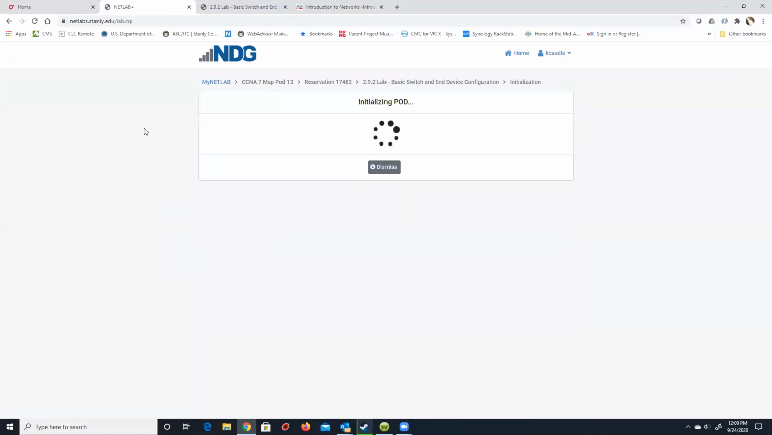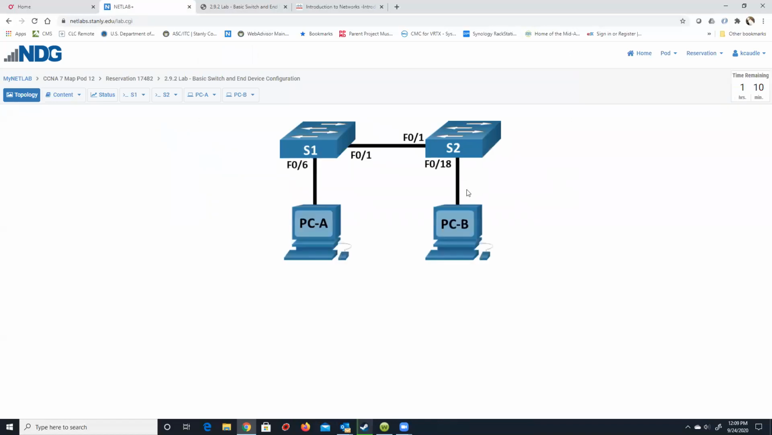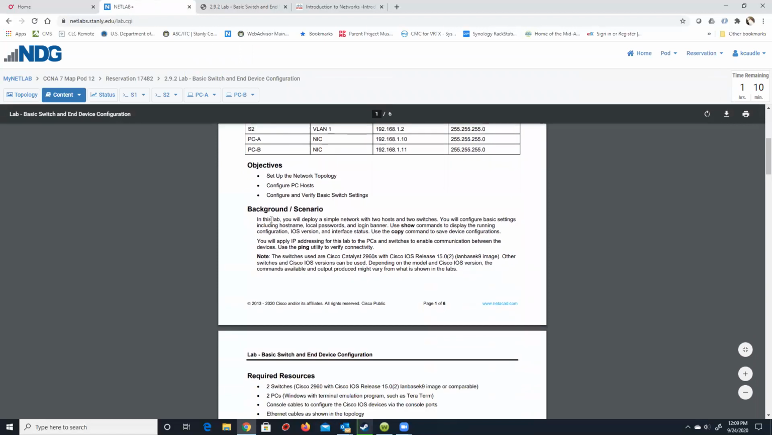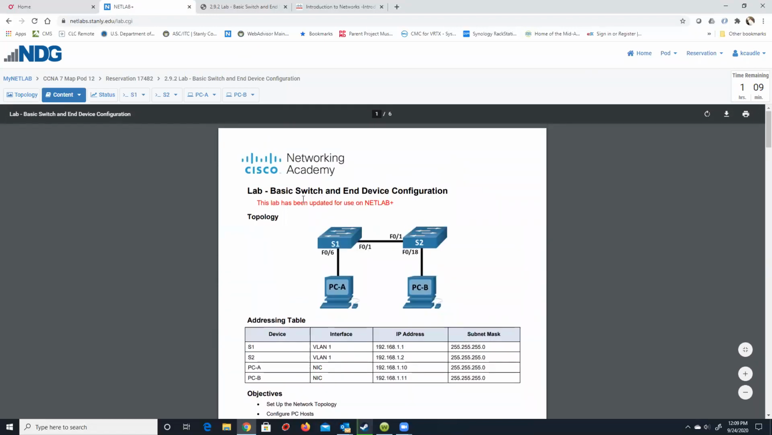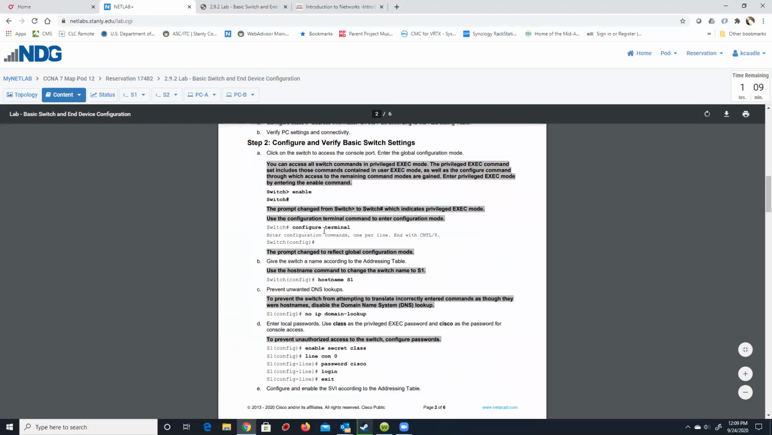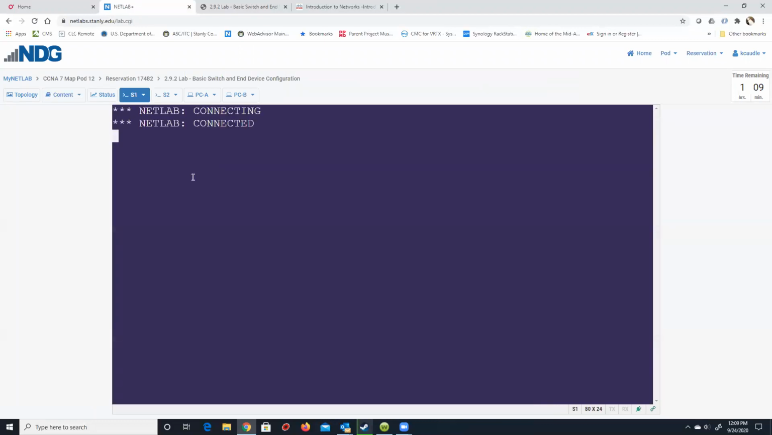And inside this lab, I have my 2 switches and 2 PCs. I also have this content tab. Now this is super important. When you're doing the labs, you go to the content tab and use this content because it has been updated for NetLabs. So when you're working inside of NetLabs on this particular lab, use the document inside of NetLabs. You'll see I now have a real switch. This is a Cisco switch,